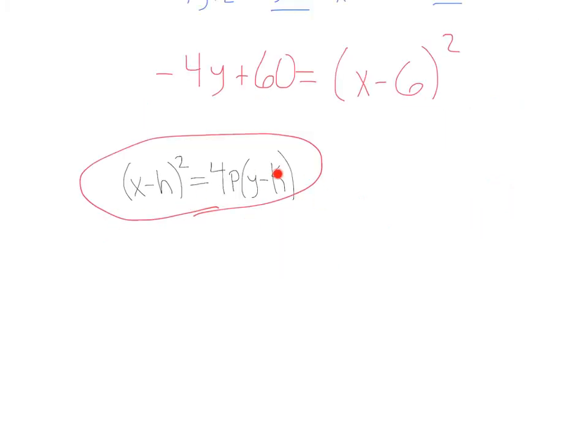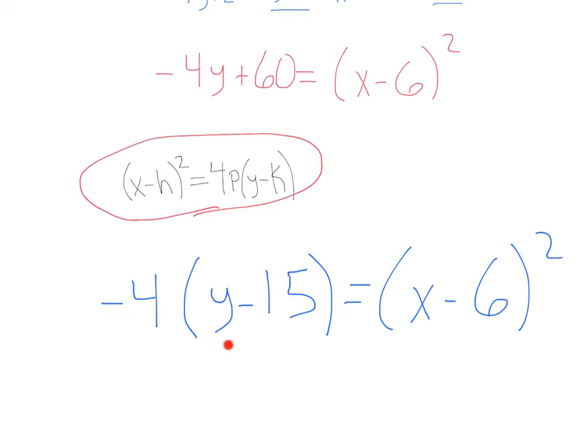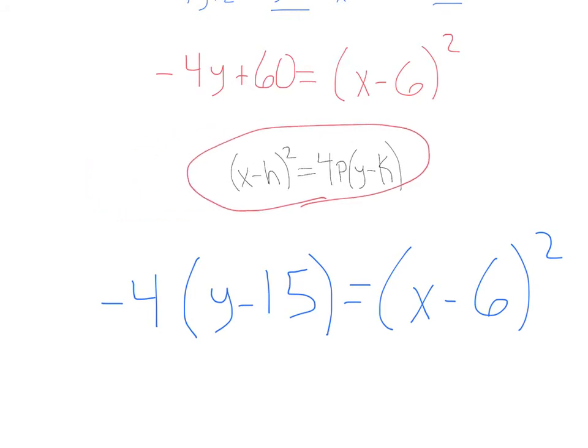Remember, we want to look like this guy right here, the standard form of a parabola with an x squared term. We have (x minus h) squared on one side, (x minus 6) squared here. On this side, we want 4p times (y minus k). So I see that I need to get this y to have a coefficient of 1. So what if we factor out this negative 4? That would give us negative 4 times (y minus 15) equals (x minus 6) squared,